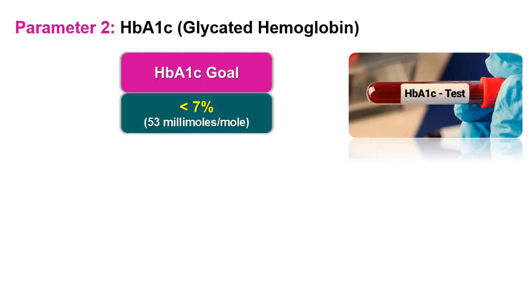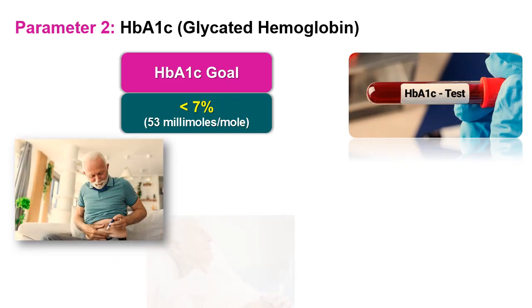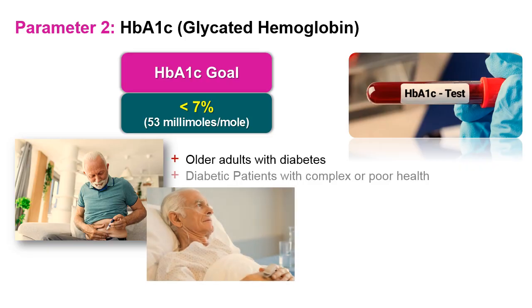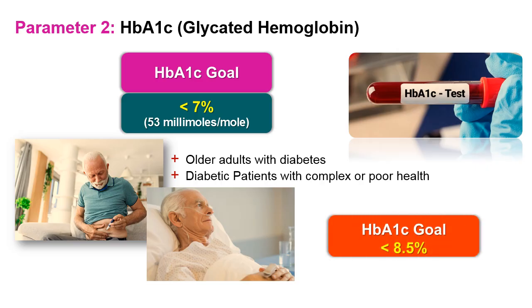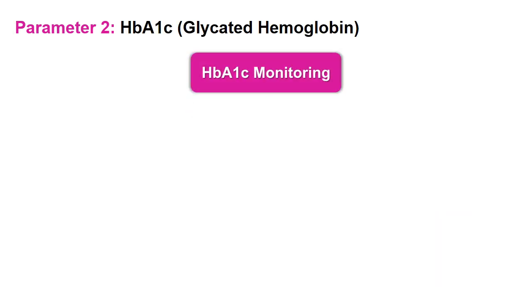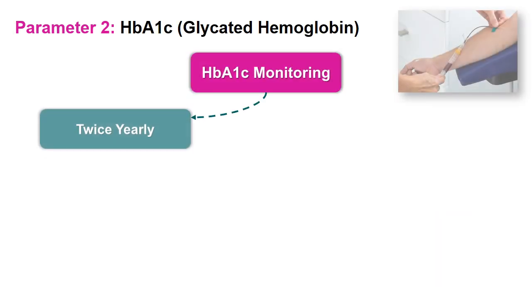However, you should always consider patient-specific factors. This value may be relaxed in elderly individuals or in those with multiple comorbidities. For example, in older adults with diabetes who have very complex or poor health, an HbA1c goal of less than 8.5% is considered acceptable. In terms of monitoring frequency, HbA1c should be obtained at least twice yearly in patients who